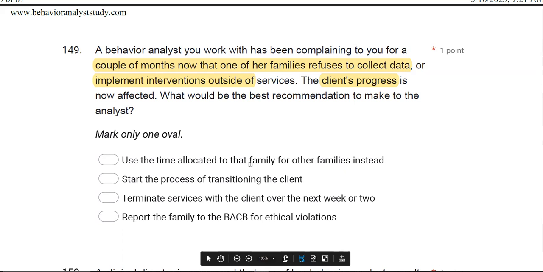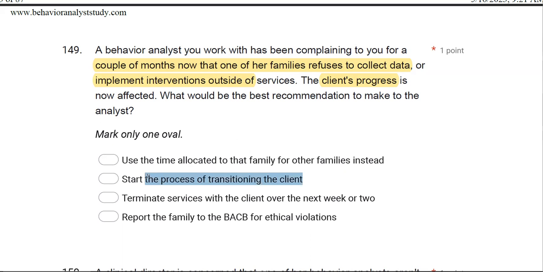Notice how we always read every answer choice, and we not only identify why the right answer is right, but why the wrong answers are wrong. These are learning questions. The goal isn't to do as many questions as possible as quickly as possible. Do a question, review thoroughly. So what should be done here, the recommendation that should be made here, is to start the process of transitioning